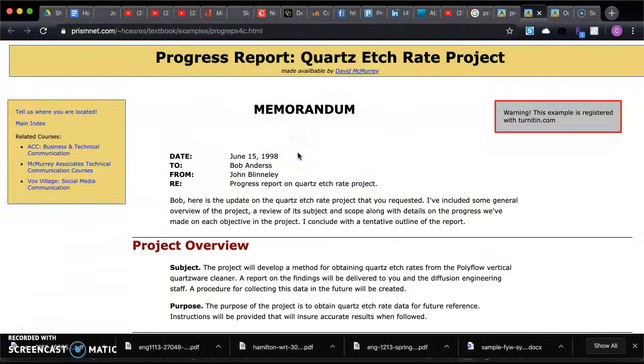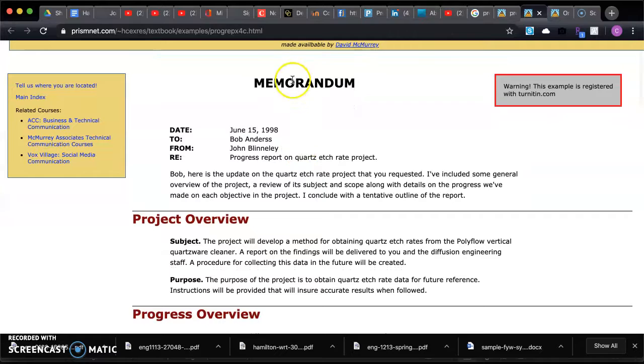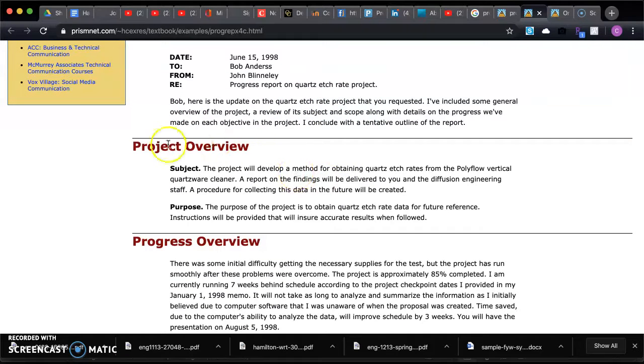So there's a couple of different examples. Here's one that they decided to do in the genre of the business memo. So you've got the date, to, from, regarding, and then an overview where this person, John, is responding to Bob and saying, here's the progress report you requested. Here's what's coming. And then we've got a project overview,